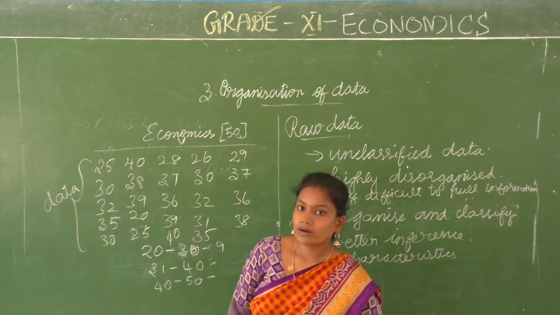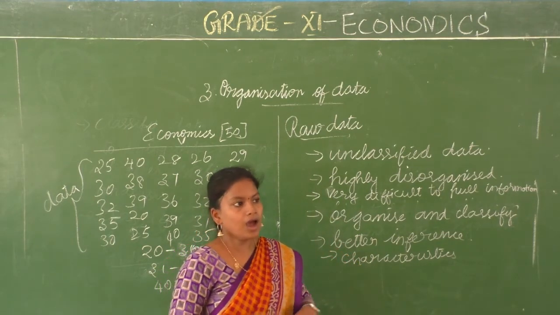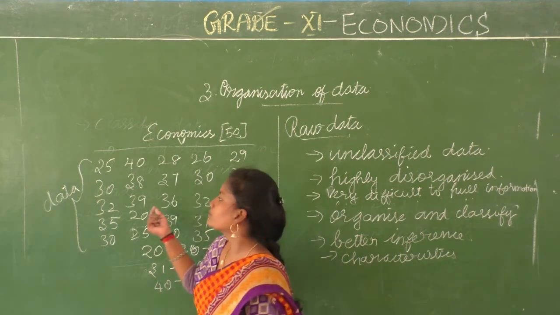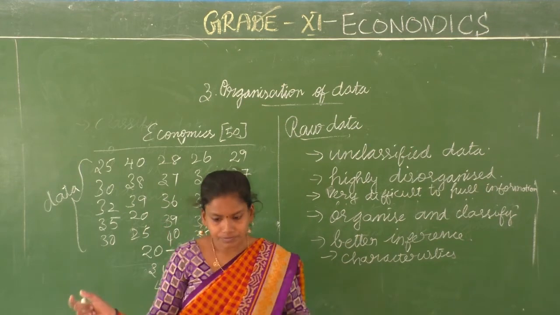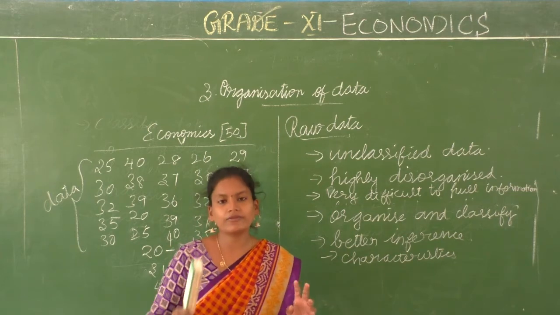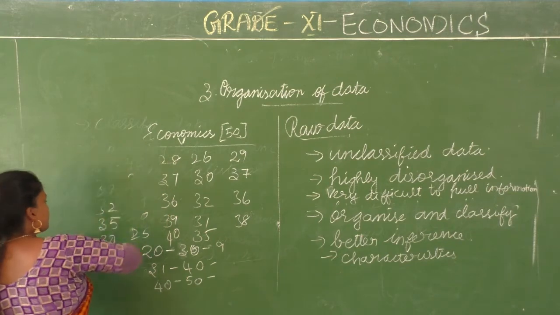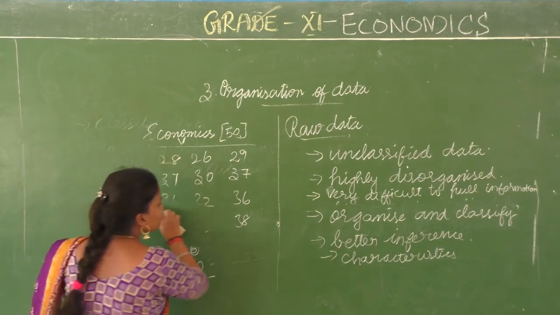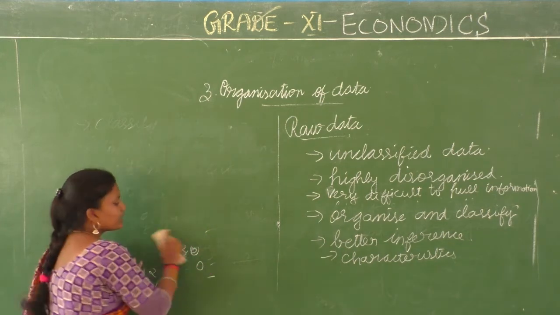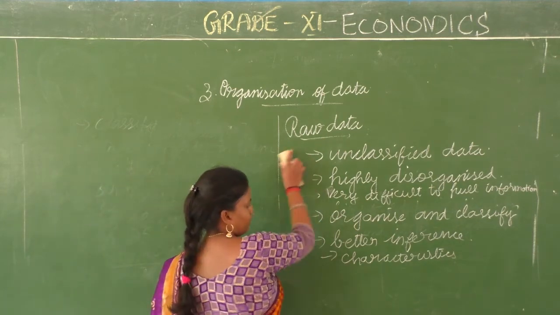Clear, children? So far what have we discussed? We have discussed what is meant by classification of data. Why do we need to classify data? Then we have studied about raw data. I want you to remember this example, because we are going to connect this example with each thing and proceed with the next topic, which is called classification of data. Now we have learned so many things about classification of data. We saw that we cannot study anything or understand clearly from raw data. That is the reason we have to classify data.